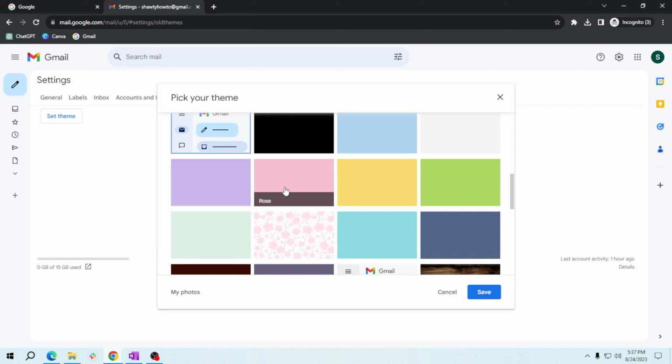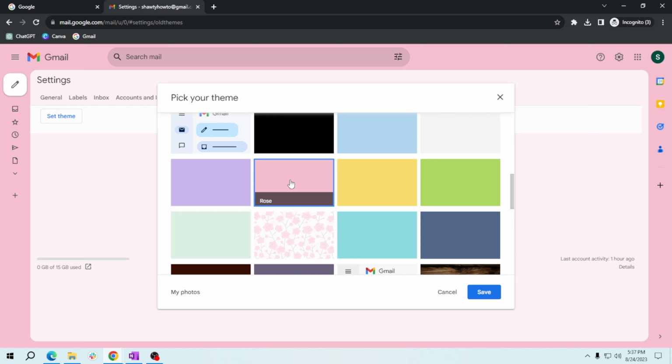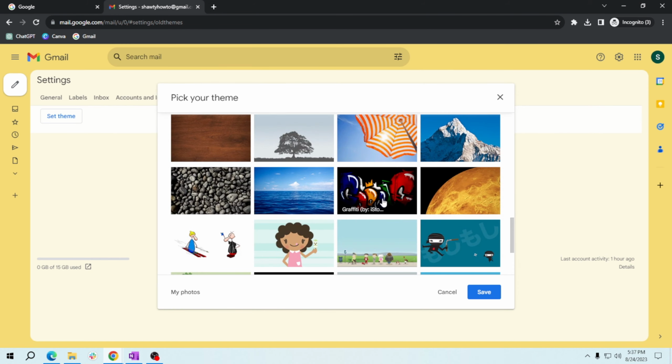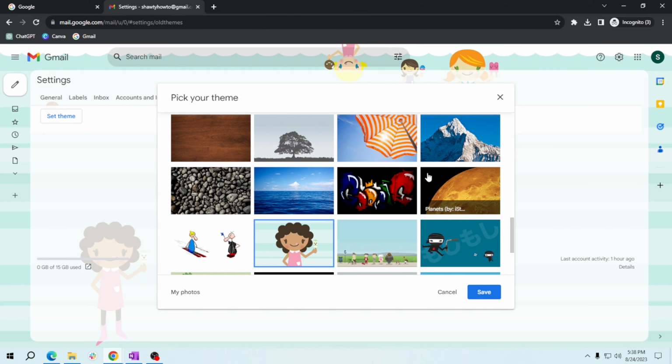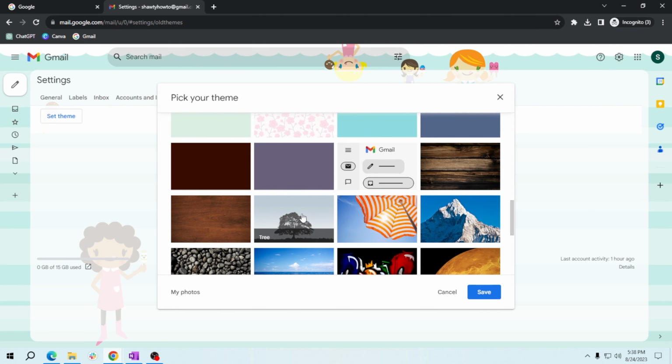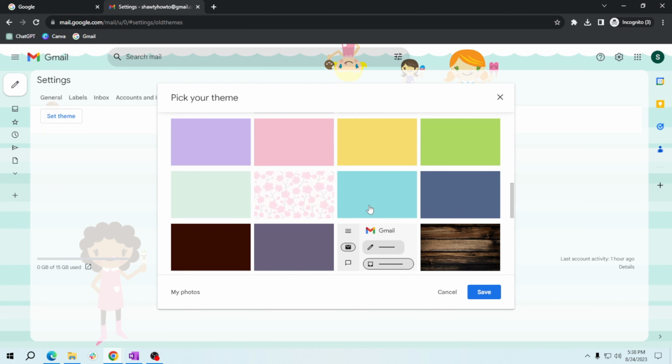So I like pink, so let's choose this one. And then as you can see, the preview of the chosen theme. How about we use this or this or this one? It's really cute. So once you're done deciding, all you have to do is click on save,